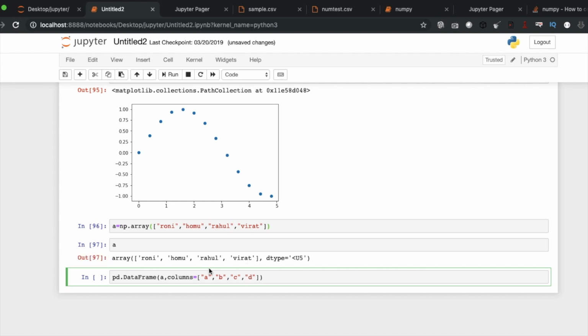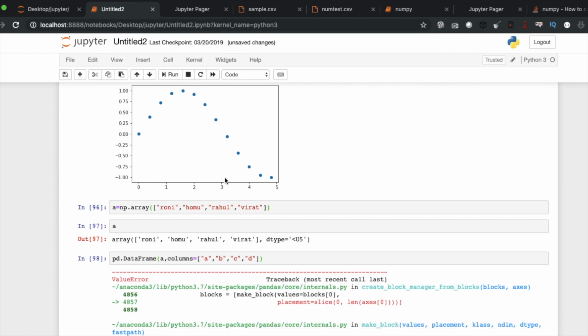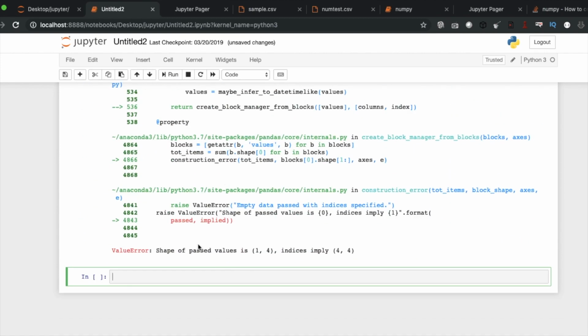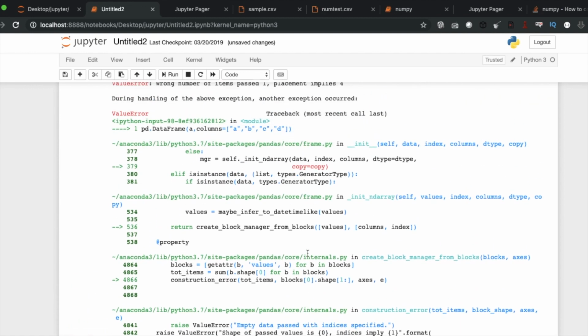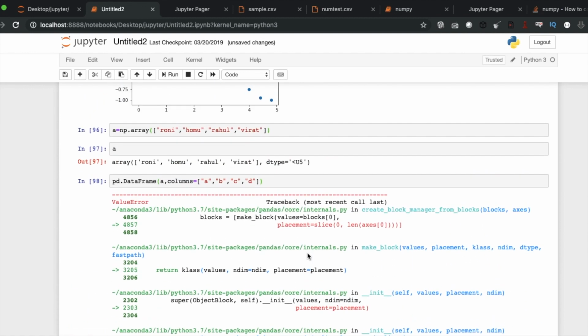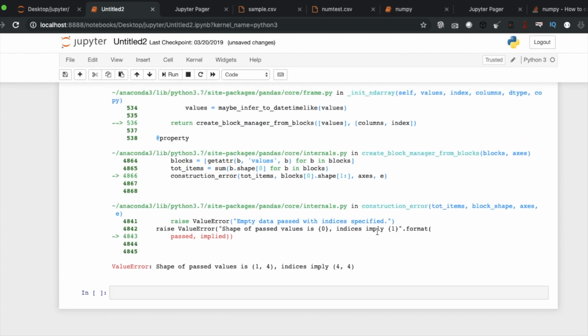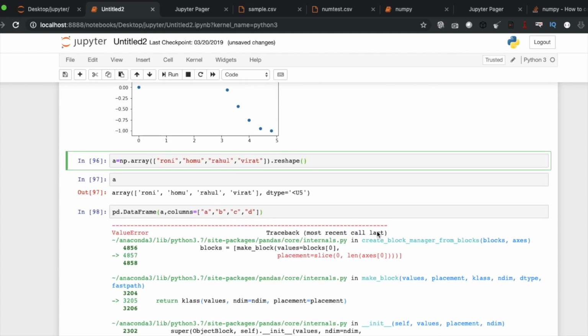The error says shape passed is 1 by 4, indices imply 4 by 4.